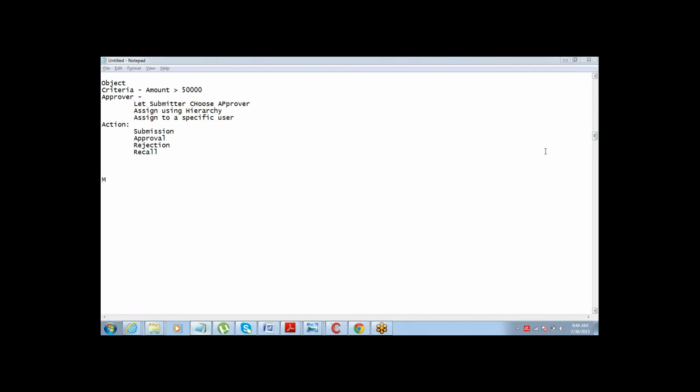But we'll have to work within the limits of Salesforce, whatever Salesforce has allowed. You cannot define an action which is not permitted within the list of actions which Salesforce allows, which are email alert, field update, and task. That's what we were talking about yesterday. So we'll have to perform action based on what they have allowed only.